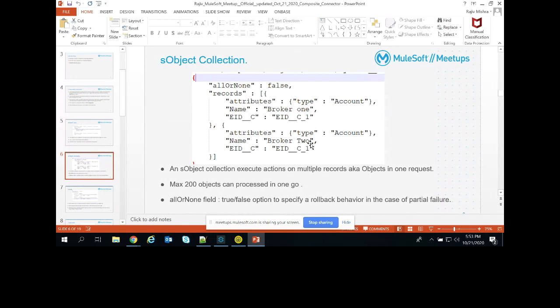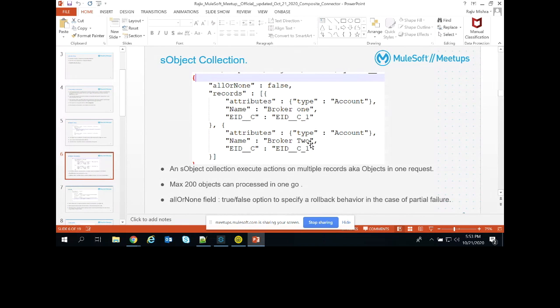Suppose there are only two requests here, two different accounts. We can have 198 more, hit it, and grab the response in one single go to Salesforce.